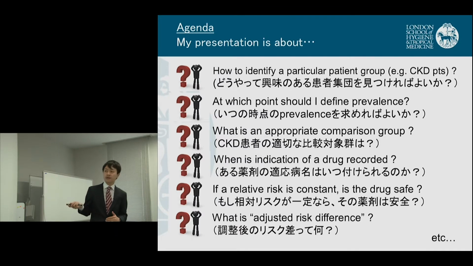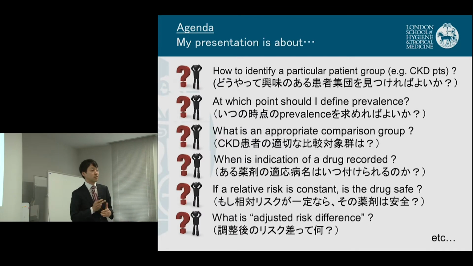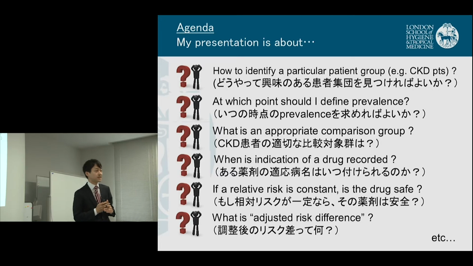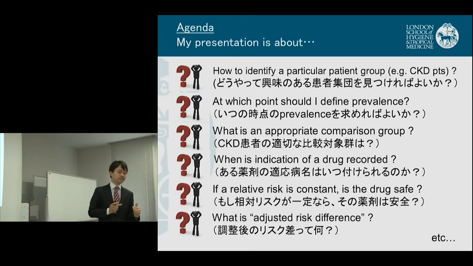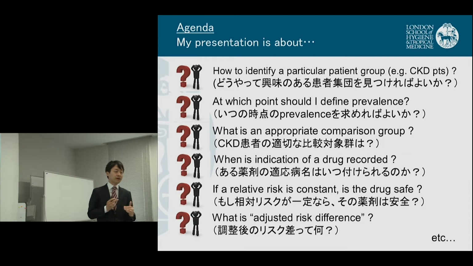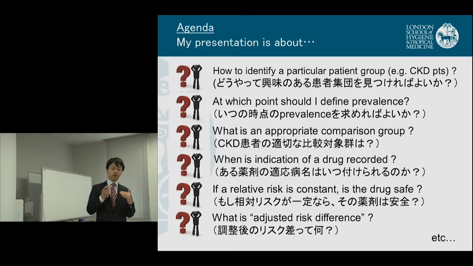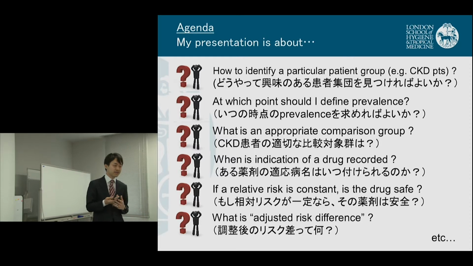As shown here, I had a lot of difficulties or obstacles I faced during my PhD. In every step, I had to make a decision to overcome this difficulty. I will show you honestly my thinking process and how I overcame each individual difficulty. It may not be a 100% correct or accurate decision, but I hope that my thinking process will help your future decision making in your own research.